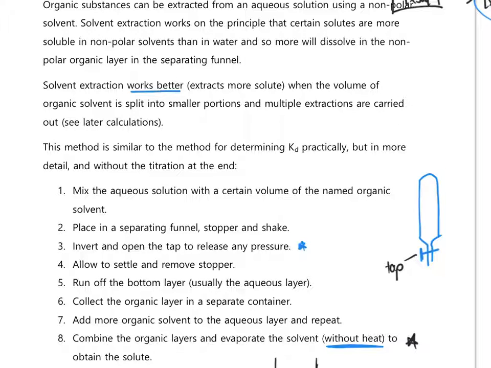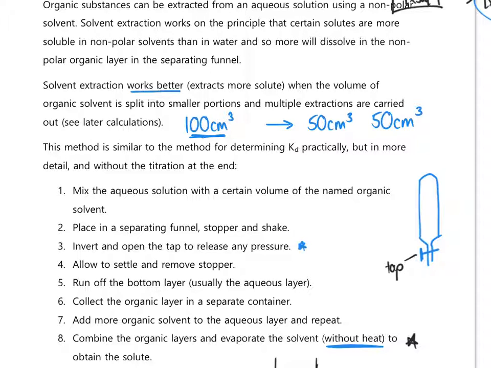So rather than doing one extraction with, say for example, 100 centimetres cubed of our organic solvent, if we split that 100 centimetres cubed into 2 equal portions of 50 centimetres cubed and do the extraction twice, then I will get much more of my